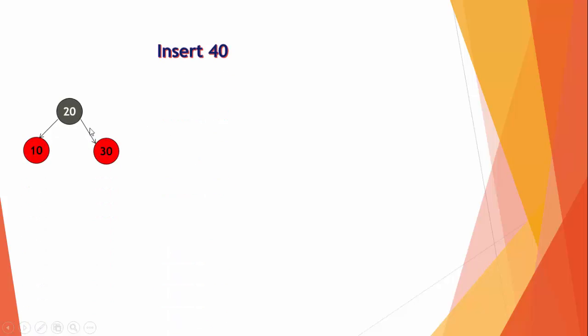Okay, this is our tree now. We want to insert 40. This is its position, the right child of 30. Here there is a violation of condition 3. It's case 2, where there is a node which is red, a parent which is also red, and the uncle